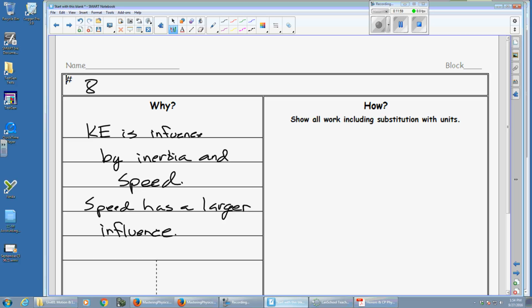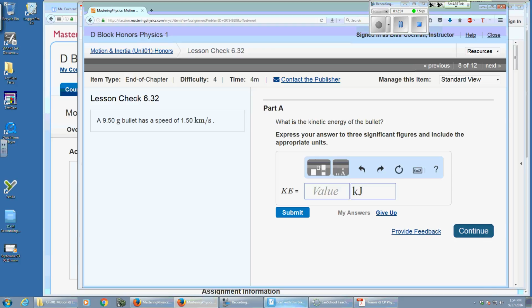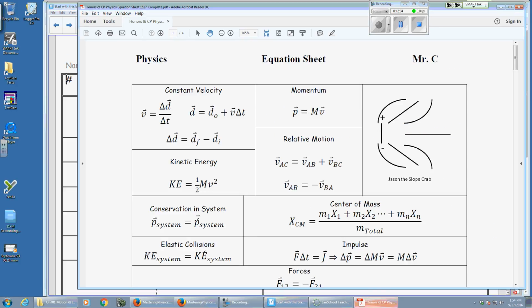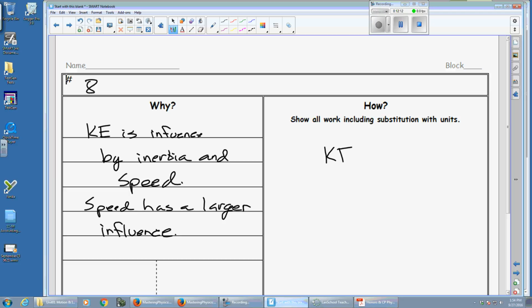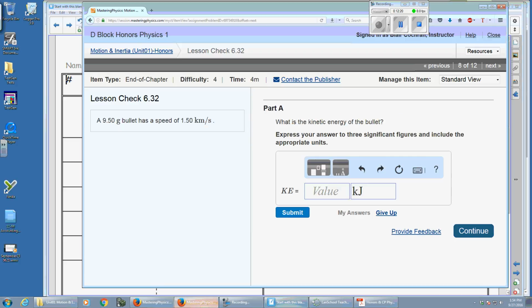Just what you did last night. Oops. I don't want that. I want this. So, my kinetic energy, I described my equation here, right? So, KE is 1/2 inertia speed squared. The kind of nasty thing they do to me here is, are grams our base unit for inertia? No, we need kilograms. So we've got to convert the mass here to kilograms